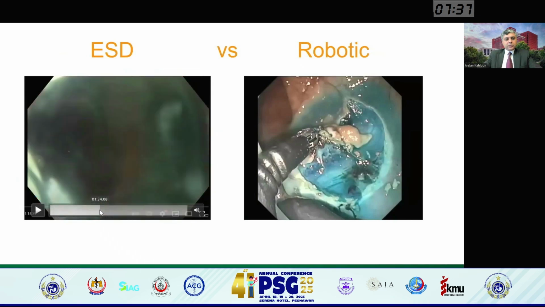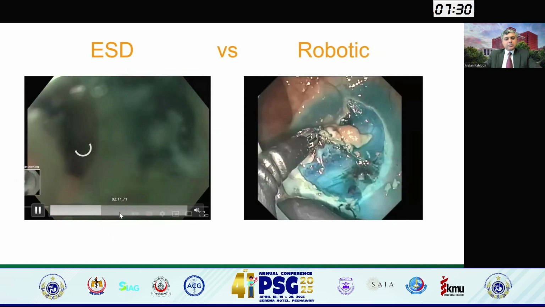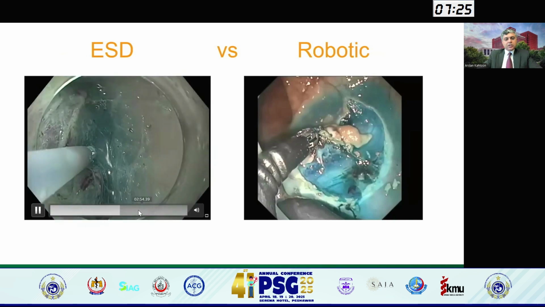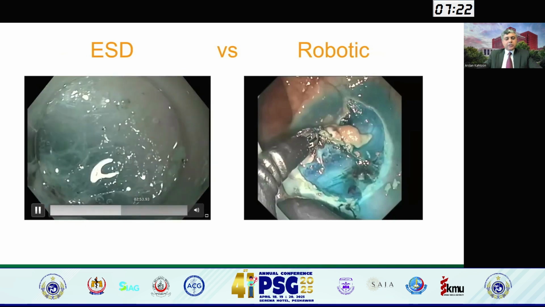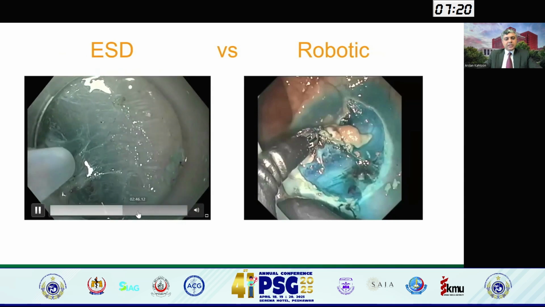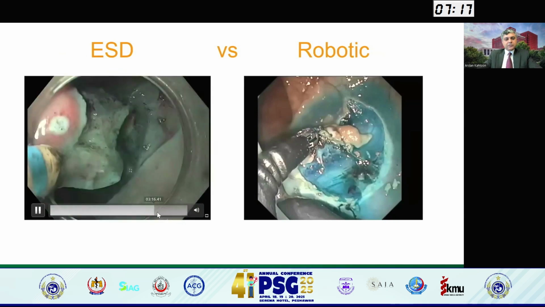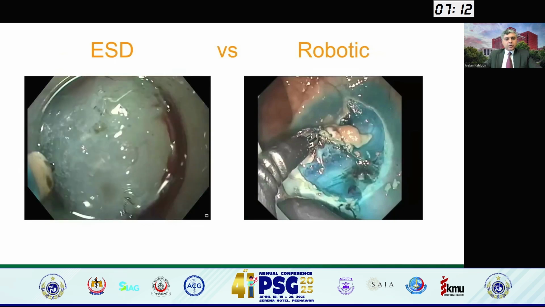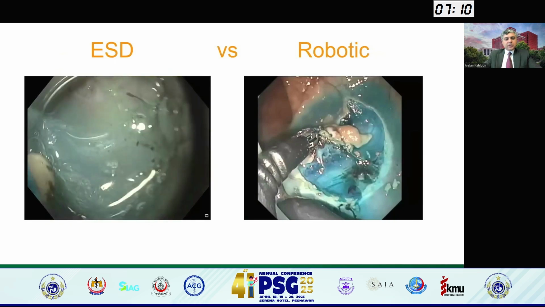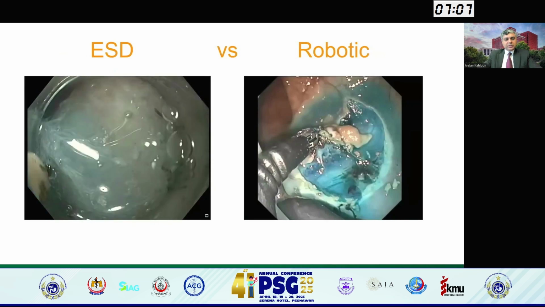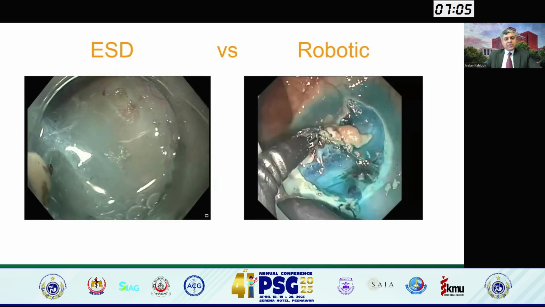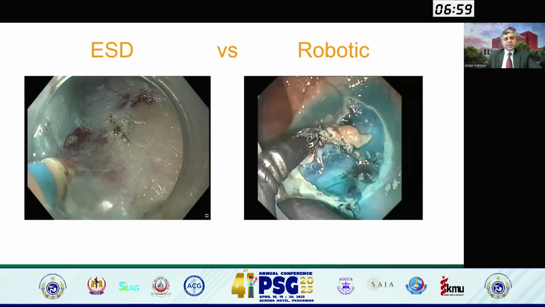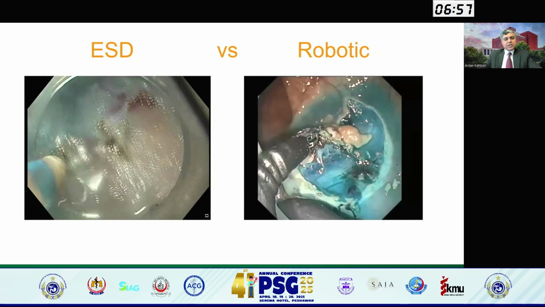Also would have to go into multiple different orientations in terms of keeping the plane in view and avoiding any resections or complications that are along the wrong planes. So if you look, they're having to really reorient repeatedly in different areas in terms of keeping the appropriate view, and then having to use the same channel to perform hemostasis and also cautery, and having to do a lot more complex procedures at the same time.